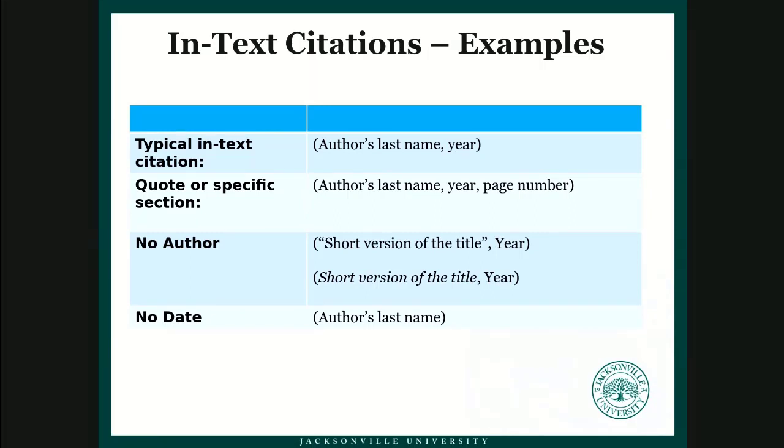So the rule is if your work is part of a larger work, then you would put it in quotation marks. So for instance, a chapter is part of a book, so the chapter in quotation marks. But if you're citing the entire book, you would italicize the name of the book. So basically for the in-text, you just follow the example that's in the references list. So if your title is italicized in the references list, you'll italicize it in your in-text. If it's in quotation marks in your references list, you'll put it in quotation marks in your in-text, because the